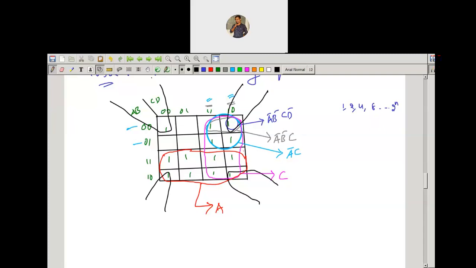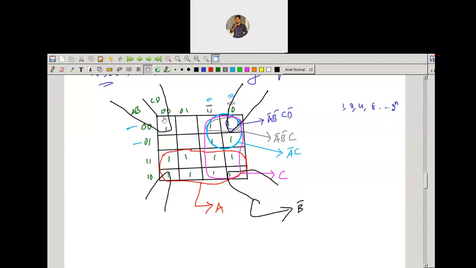Okay. So anybody, could you please answer for this expression? For this corner grouping, what is the expression here? So on the left side, you can observe 0 row and 1 row are engaged with the grouping. That is, from the left side, you can take the common variable B. B is having 0, while A is changing from 0 to 1. So B is the only variable, 0. That is, you can take B bar. You can post your answer in the chat box. You need not wait for my explanation.